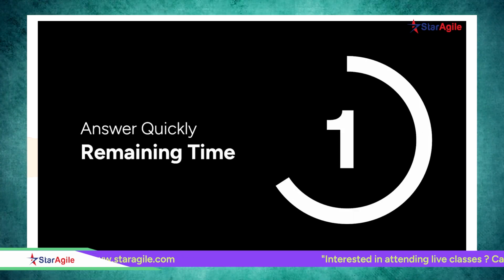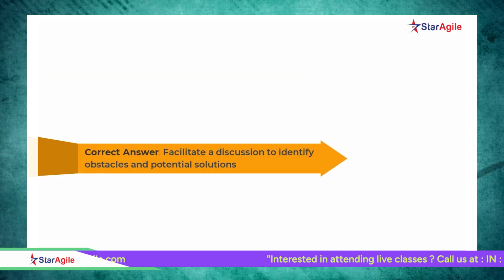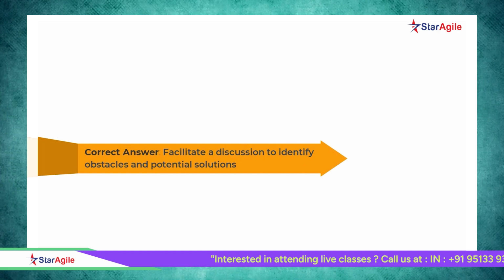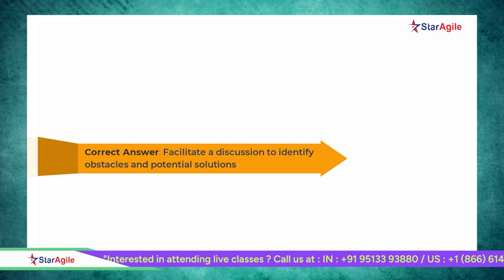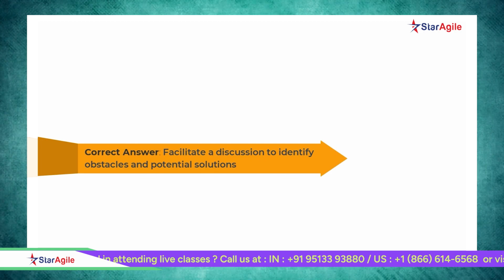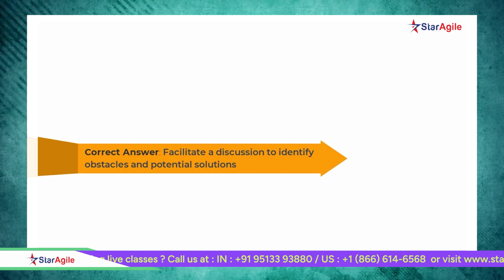The correct answer is facilitate a discussion to identify obstacles and potential solutions. The Scrum Master should facilitate a retrospective to enable the team to have a discussion to identify the obstacles and